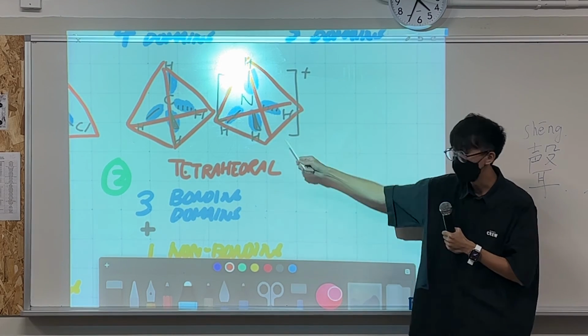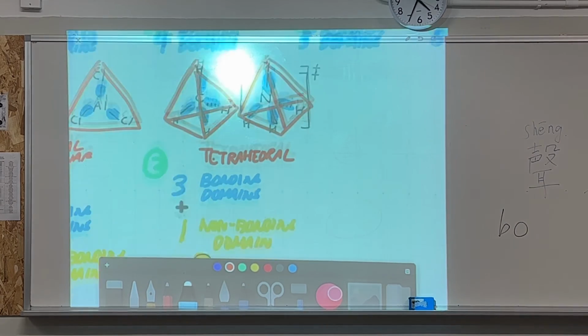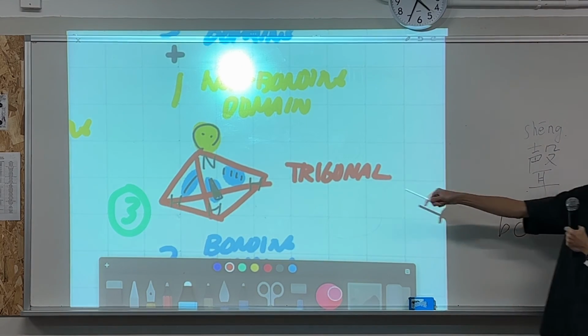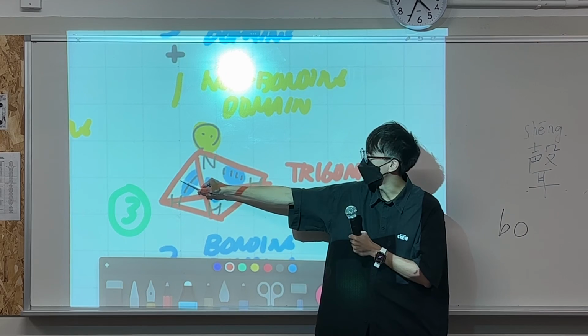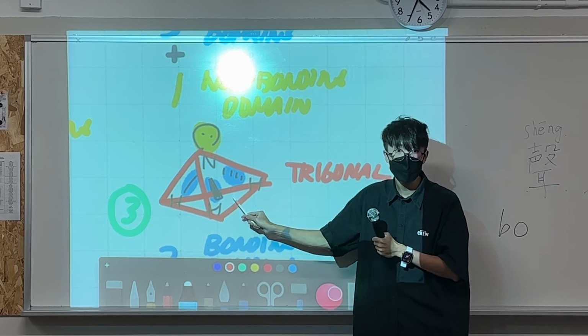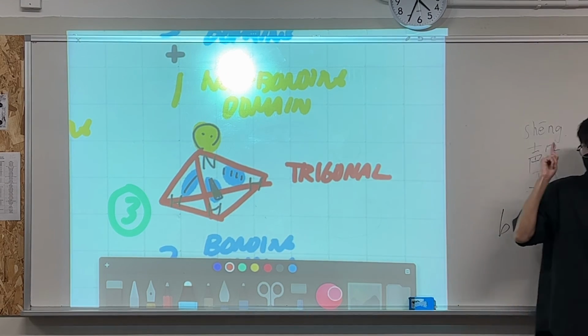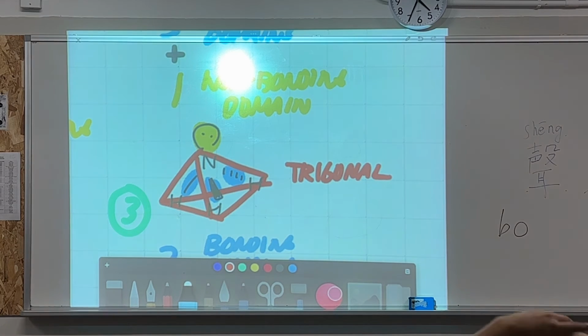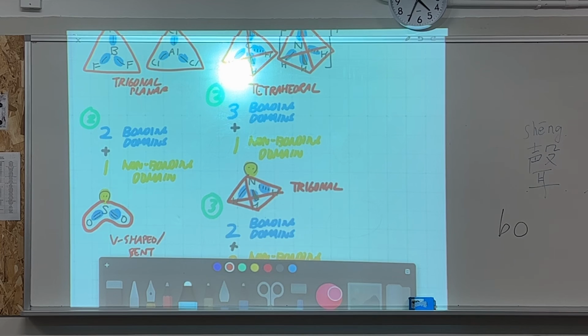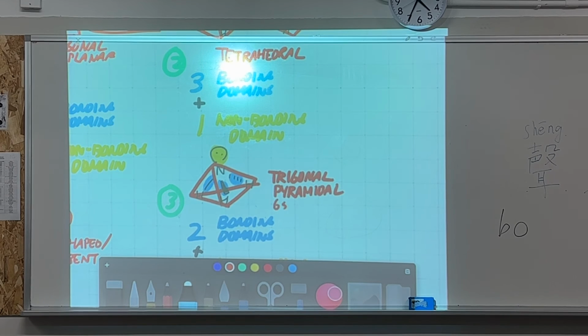This is tetrahedral. Trigonal pyramidal is not the same thing because these three sides are shorter than these three sides. So if you think that they are the same, you need to read your math textbook more. Okay. So this is trigonal pyramidal. The six sides are not equal. I will only put it like that. And tetrahedral means all six sides are